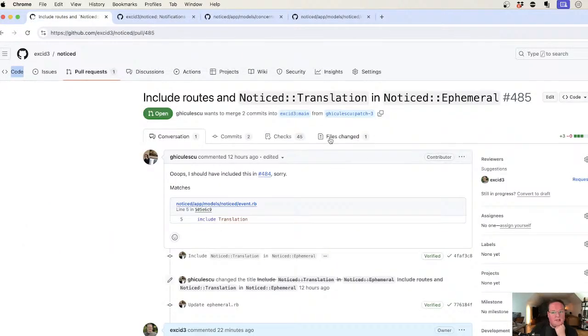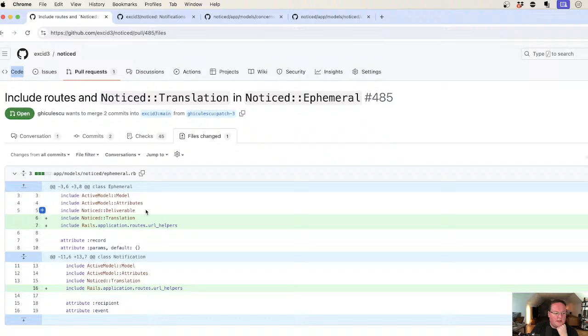So I was going to look through this, walk through it with you guys, and just kind of talk about it. I also realized that he added the URL helpers inside the ephemeral class and the notification class. So we have an event, a higher level thing, which is the parent, and then each event has a bunch of notifications inside of it. The metadata goes in the event or the ephemeral object, and then each notification can reference that and grab